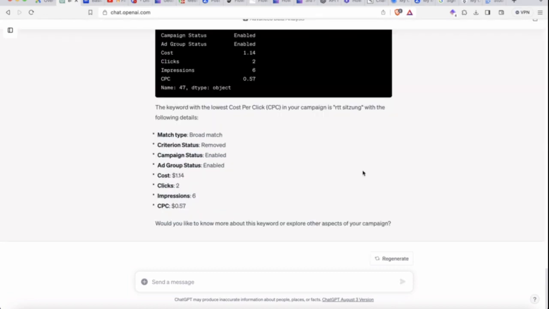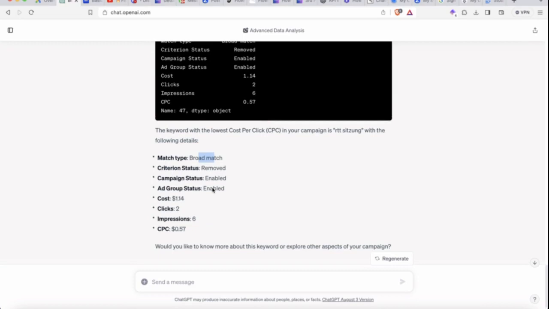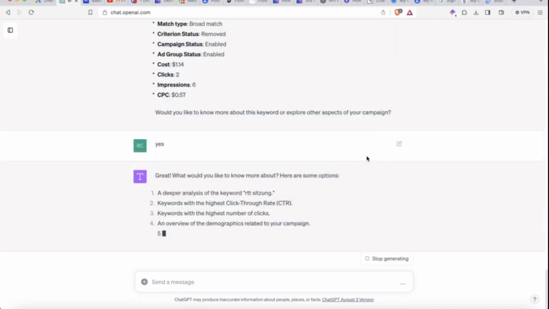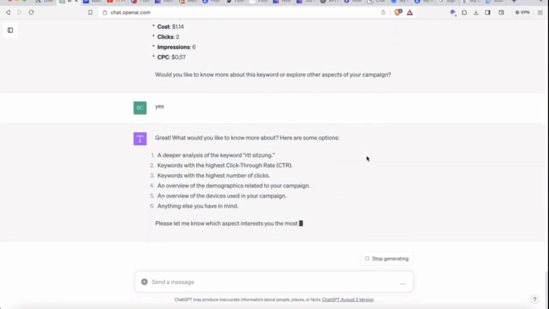So the keyword with the lowest cost per click, CPC, in your campaign is ATT-Sitzung, which has the following details. The match type is the broad match type. It's campaign status, the cost 1.14, 2 clicks, 6 impressions cost. Okay, would you like to know more about this keyword? Let's just try yes. So you could do a deeper analysis of the keyword with the highest click-through rate,